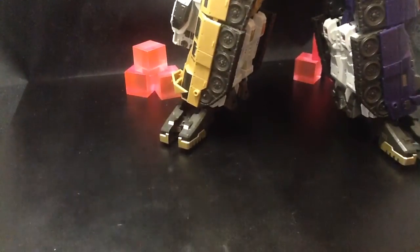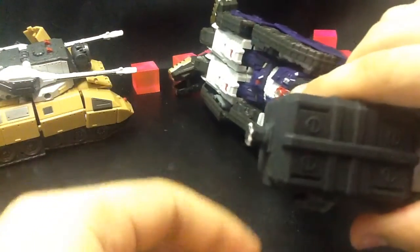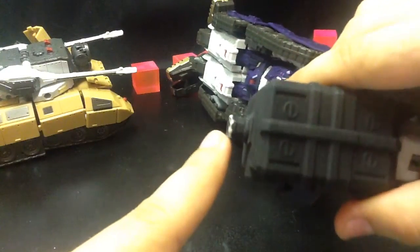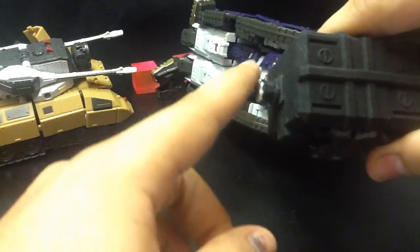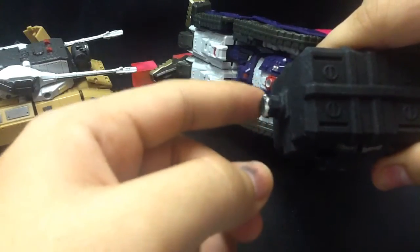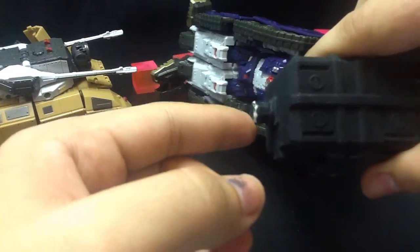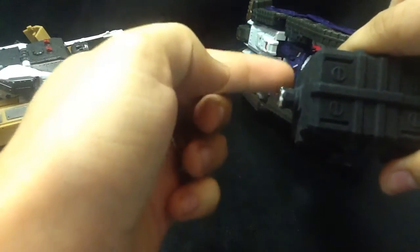The first thing I do want to note is that you do need to shave part of the peg here, just due to tolerances. You can see right there where I have shaved some of the peg, just a little bit. I mean, it's barely, like maybe less than paper thin what I shaved on there. I just took a nail file and I just went over it a few strokes all the way around until